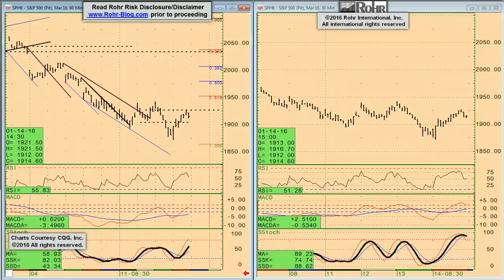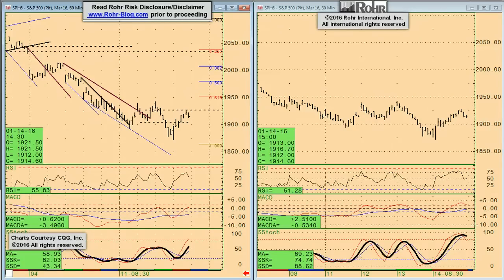It is currently 6:30 a.m. on Friday, January 15th, coming a bit earlier than usual because we wanted to make sure this is posted up prior to the release of U.S. retail sales along with a bunch of other data. We'll get back to that in a moment, but the real driver this morning is the extended weakness of crude